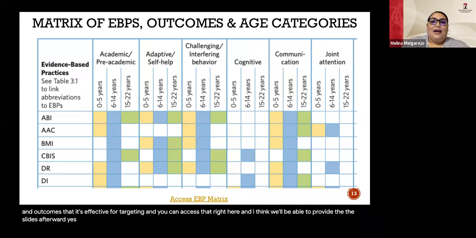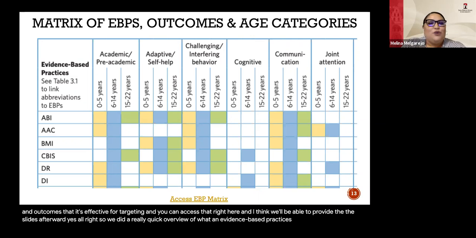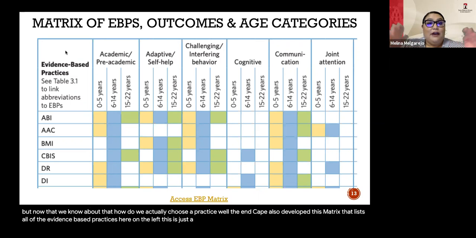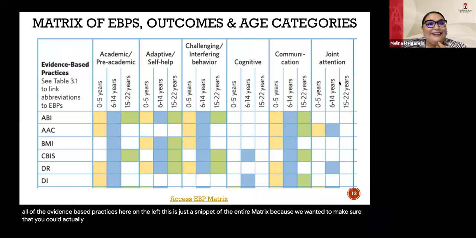All right, so we did a really quick overview of what an evidence-based practice is and what they are. But now that we know all about that, how do we actually choose a practice? Well, the NCAPE also developed this matrix that lists all of the evidence-based practices here on the left. This is just a snippet of the entire matrix because we wanted to make sure that you could actually read